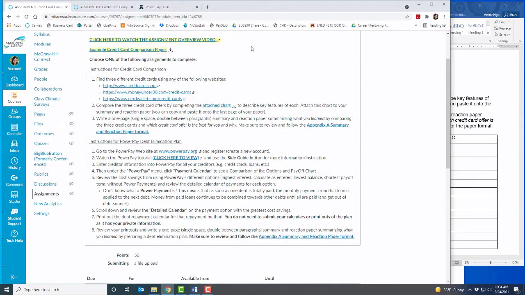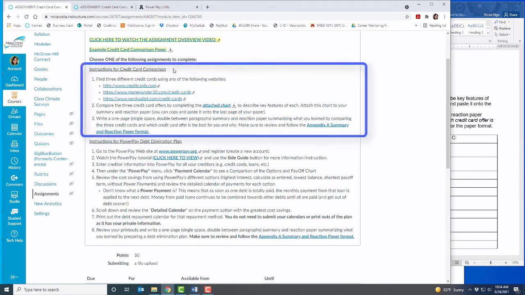And here are the instructions. So for the consumer credit assignment, there's actually two options. You can either do a credit card comparison where you're going to go to one or more of these websites and find 3 different credit cards and compare them. So I like these 3 sites because it allows you to do a side-by-side comparison of the credit cards so that you don't have to go directly to a credit card company's website and then have to look for information